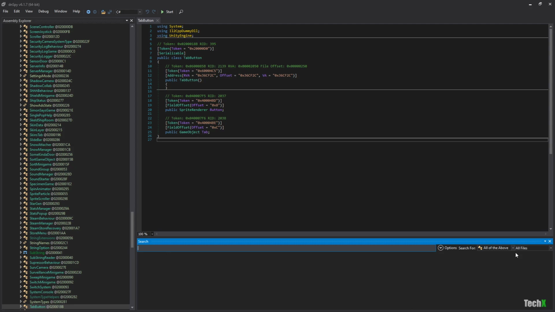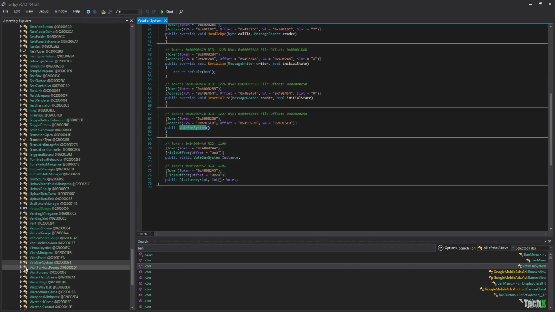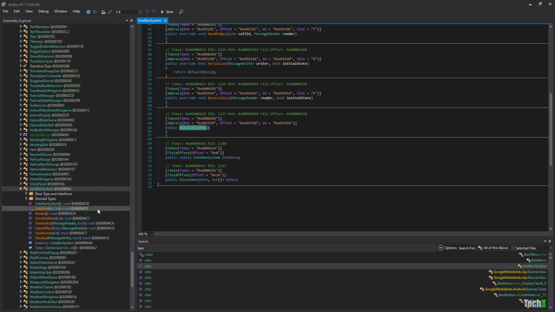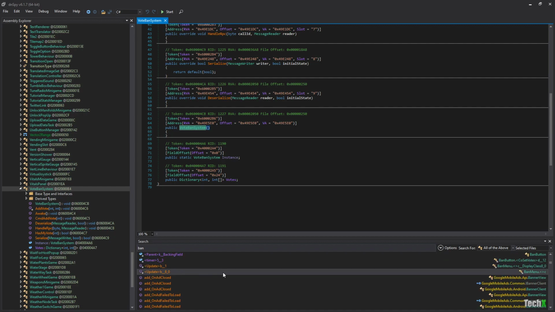So now we can simply search, and we'll leave it as all of the above just in case. And then you want to set it to only the selected file, so we can search the word ban. And we can see ban menu, vote ban system. That could be fun to mess with, the ban system. Add vote. It would be funny if you could loop this. I bet you could if this was a DLL game, and it would really mess with things. So you can always scroll down, and you want to do like,